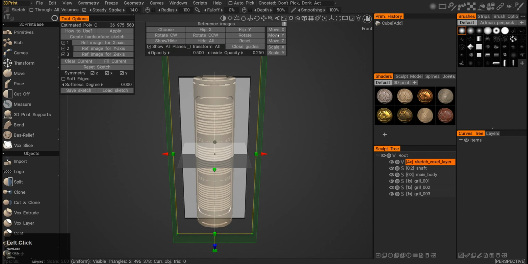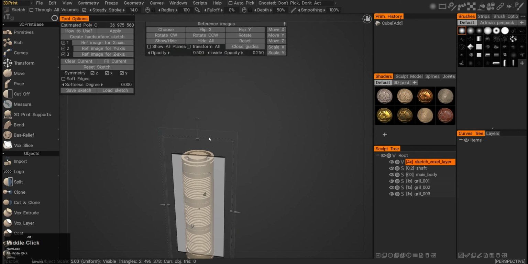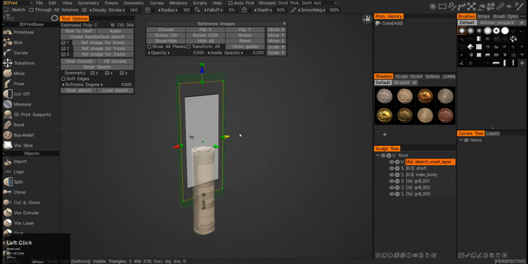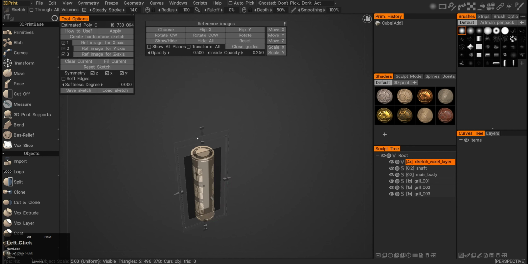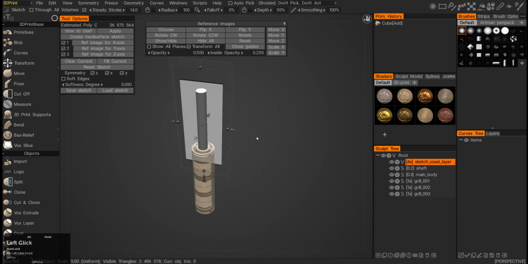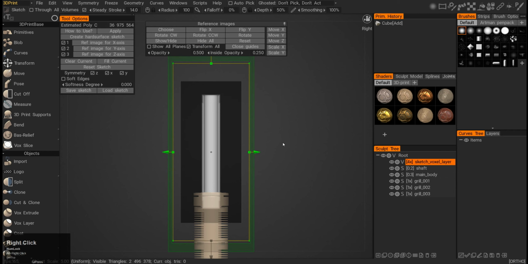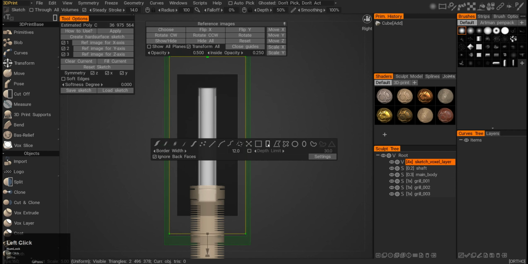Now I want to do the cap, and for that I will remove show all planes, and I want to push this up. And you can see now if I'm pushing it up, it's pushing one plane, but it's not pushing another one. So what I want to do is click on the transform all, and that will push all the planes up like that. So press 5 on the numpad again to deactivate the orthographic preview, and then go and